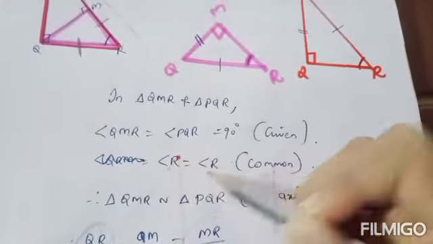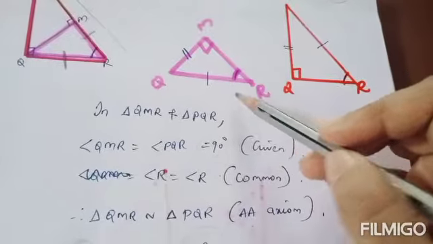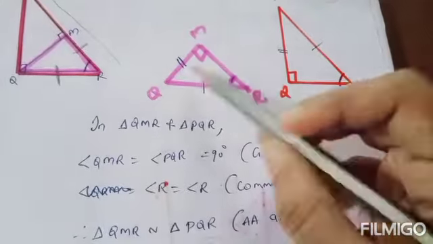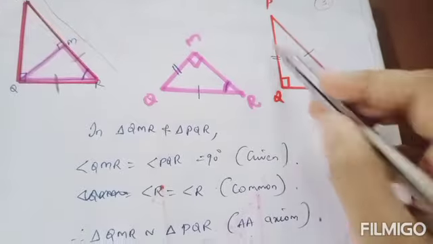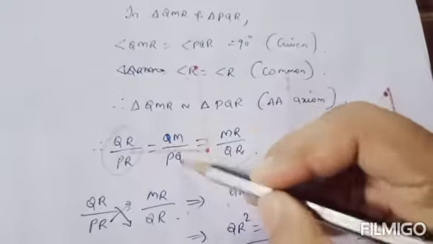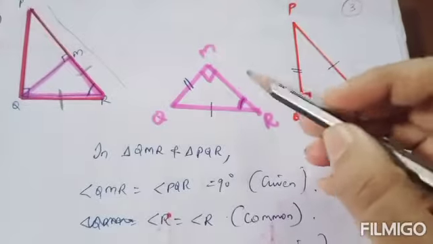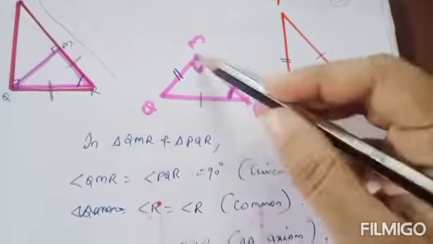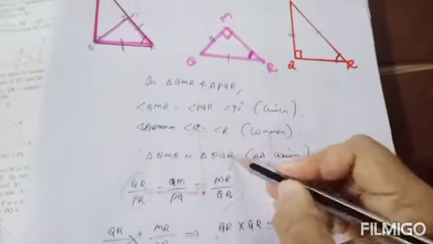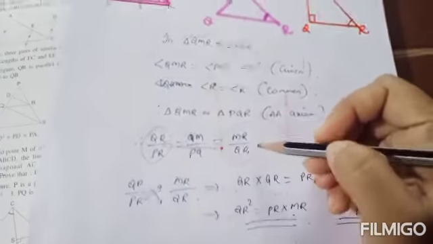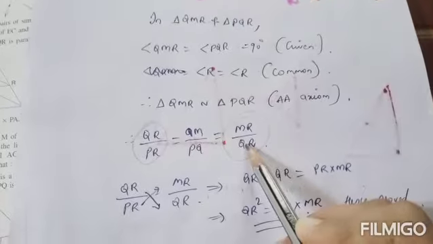Now, angle R equal to angle R, the common angle. The side opposite to common angle R we can take. Here it is QM and in the second triangle it is PQ. So QM by PQ. Now the remaining one side, that we can write. Here it is MR and here it is QR. So MR by QR. Now in this, the first and third ratio is required.